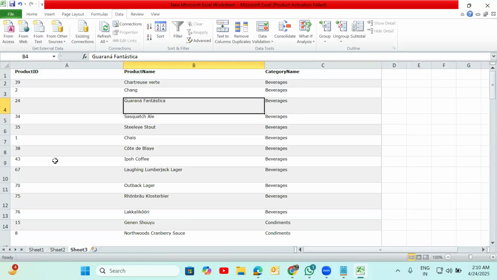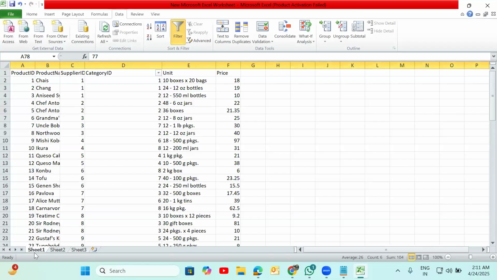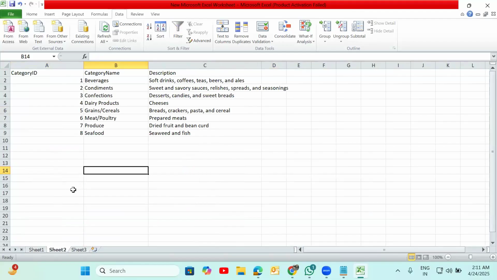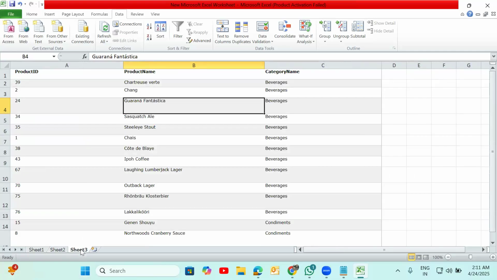The final output. Show me one more time. No, first of all, this is our product table. This is our description table. This is our output table, like an inner join. Okay. So we got product ID, product name, and category name here.